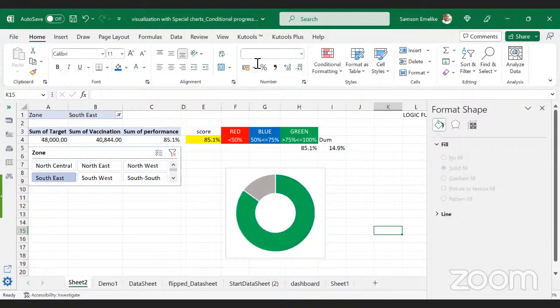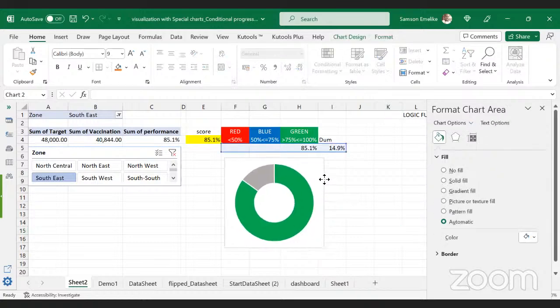All right, so this is how to create the conditional progress chart. The next thing we want to achieve here is to ensure that here,